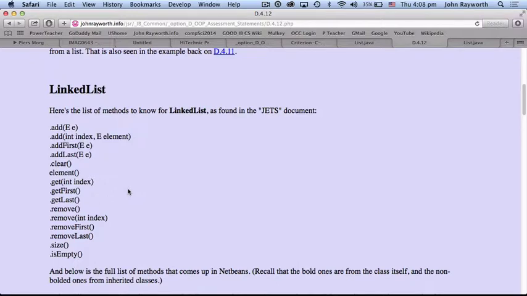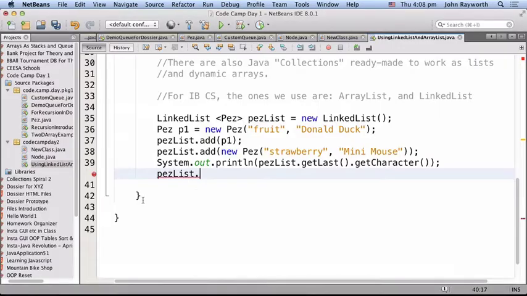Yeah, you're moving the first to the last. It's a list, and you're adding to the last, or you're getting from the first. Oh, that's the difference between getting the first and removing the first. So what we did is we got the last. So if we do this again,